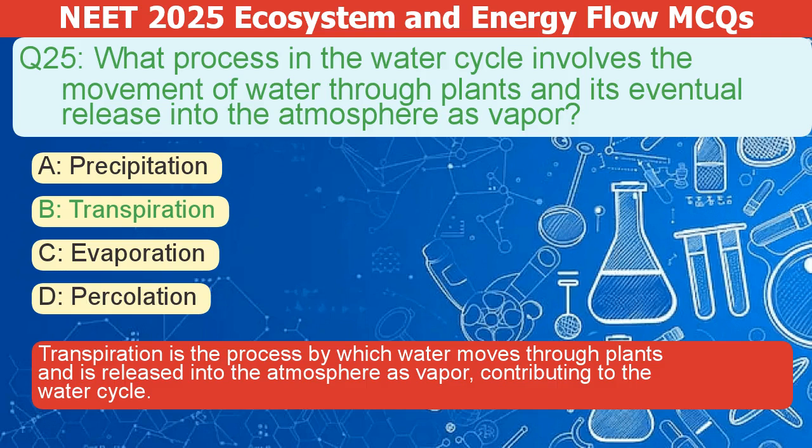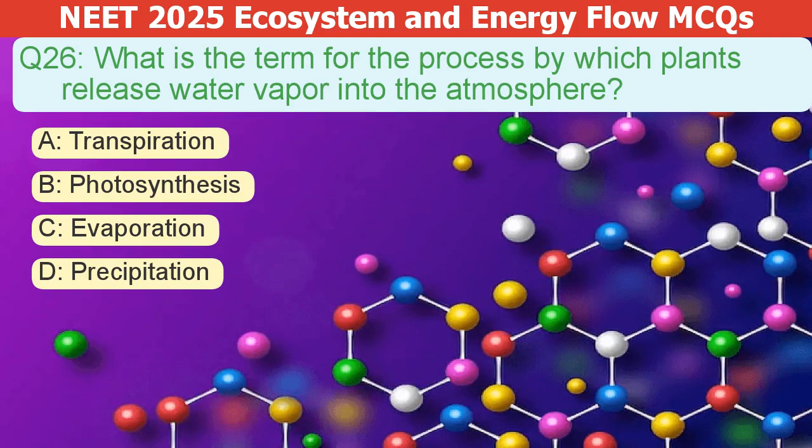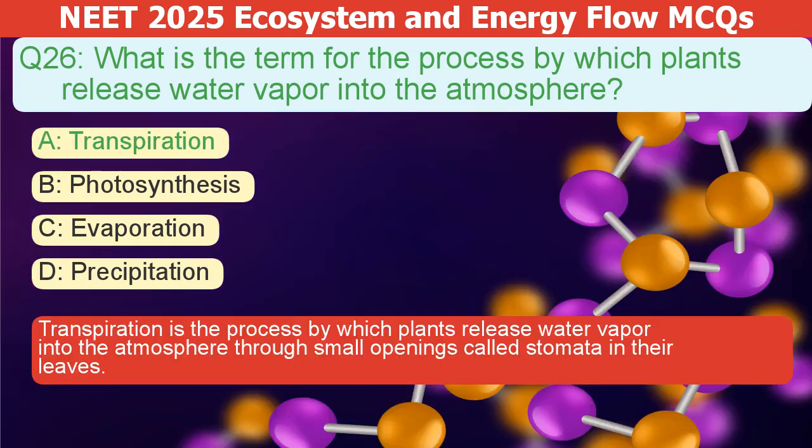the water cycle. What is the term for the process by which plants release water vapor into the atmosphere? A. Transpiration. B. Photosynthesis. C. Evaporation. D. Precipitation. The correct answer is A. Transpiration is the process by which plants release water vapor into the atmosphere through small openings called stomata in their